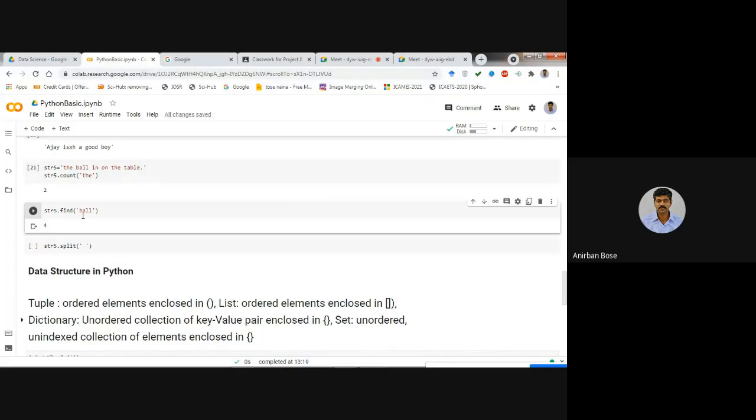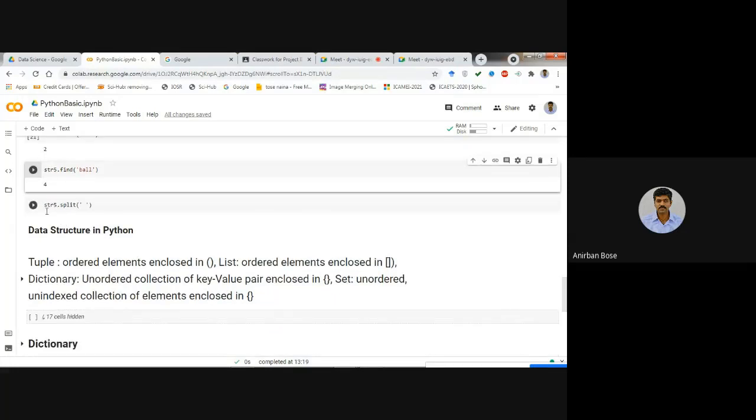Now, if you want to split a string, to see what the different words are in a particular sentence, if you want to separate all these words like the, ball, in, on, then you can use this split method. That means string5.split, and you split by the space. Here you can see within inverted commas, I have given one space only.